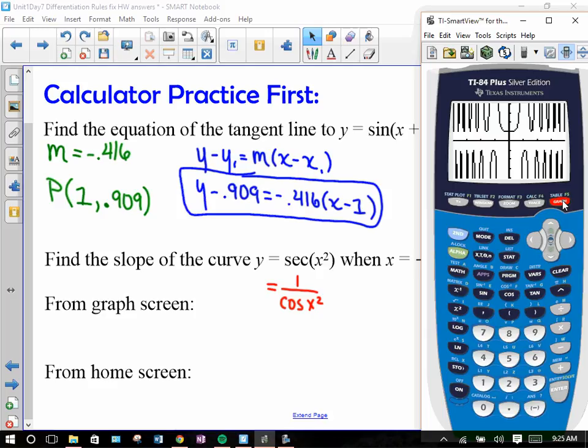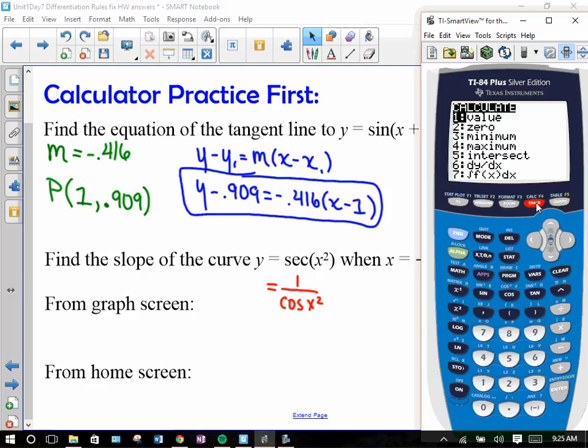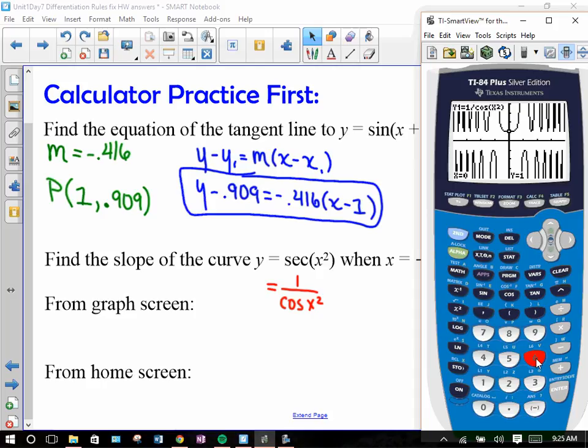Alright, so we want to know the slope of the curve at x equals negative 0.25. To do that, again, we're going to go second trace. We're going to find the slope, which is our derivative, dy/dx. We're going to enter negative 0.25. Better. So our slope would be